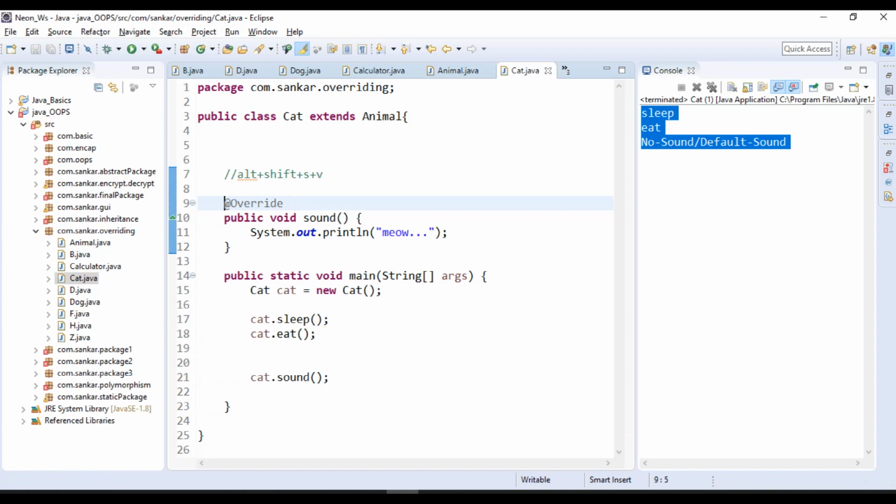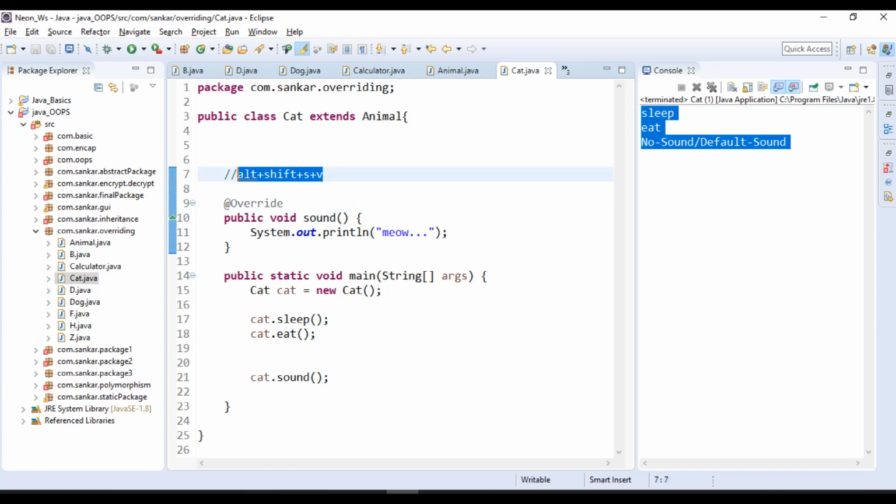In upcoming videos I will explain in detail, no need to worry. Just the @Override annotation is available from version 1.5 onwards, and it is used for confirmation purposes, whether we properly overrode or not. We check in the child class with the help of this @Override annotation, because when we implement manually, we may make some misspelling. So at that time we use the @Override annotation.